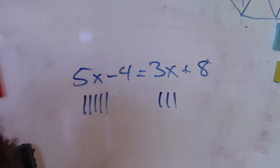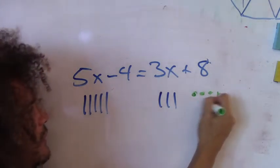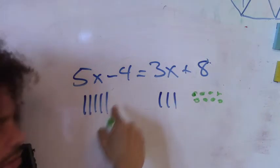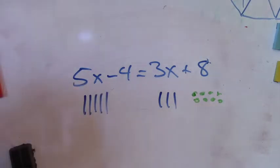Okay, these guys are all positive over here, so I'm going to draw 8 of them. 1, 2, 3, 4, 5, 6, 7, 8. And these guys are negative, so I'm going to make those red. What do you say? Just so I know. I could make them black, but